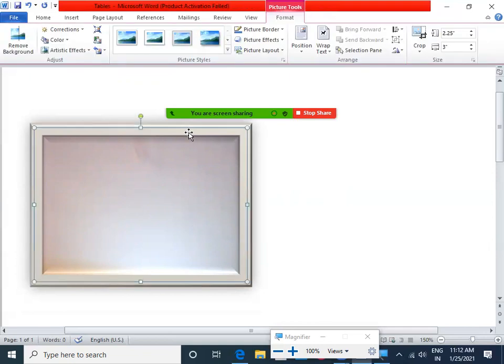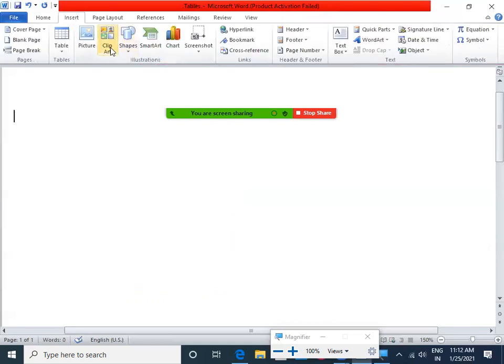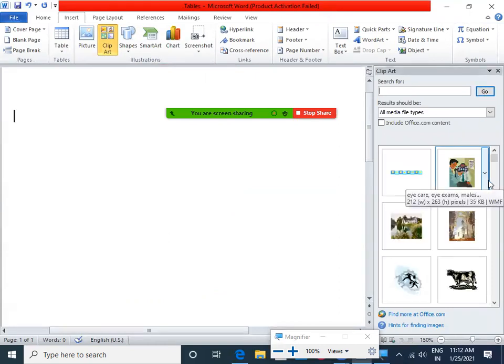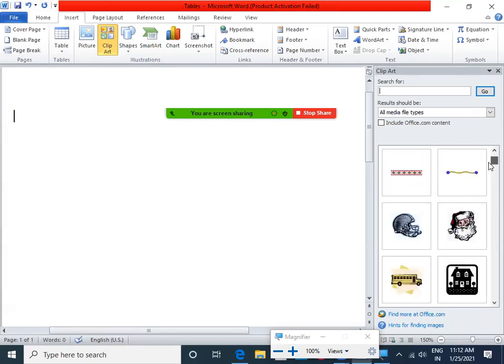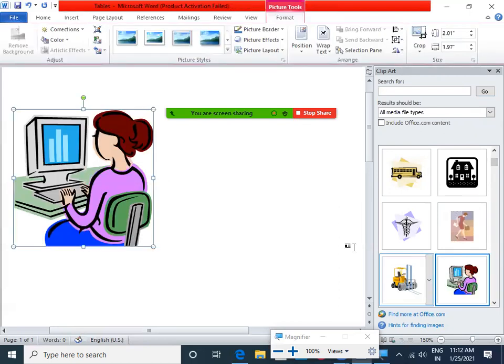Then, similar to that, we have something called clip art. For that, you again use this Clip Art option. The moment you select this, there will be some clip arts available. If you want to explain something about a computer, you can select this option and double click.